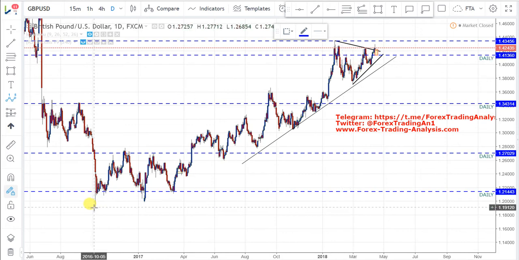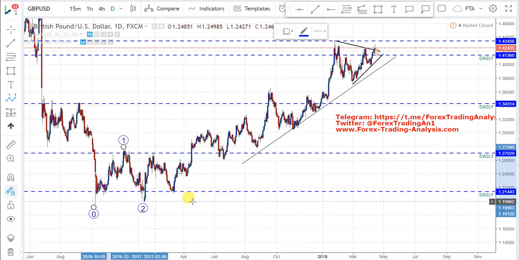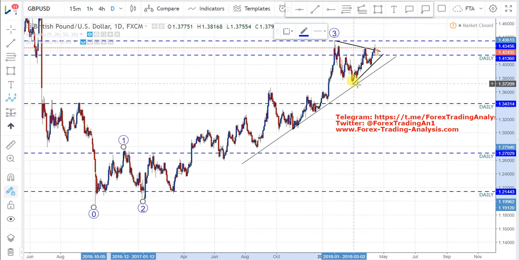So if I were to plot some Elliott wave analysis, I can see wave 1, wave 2, wave 3. This is a consolidation, wave 4, which could have been truncated here, or like I said, we could drop down to another low or another trend line support here for the wave 4. But for now, we're looking at this being 4, and then our wave 5